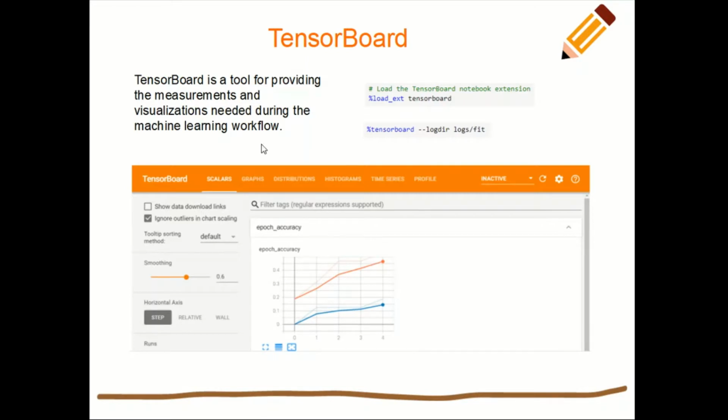Now, before we really go ahead, there are two things that we need to see. In the first place, if we want to load TensorBoard into Google Colab, we have to load this TensorBoard notebook extension. The command is %load_ext tensorboard. And then when we want to display TensorBoard in the notebook, we use this magic command %tensorboard, basically telling it where our log directory is, and that is it.